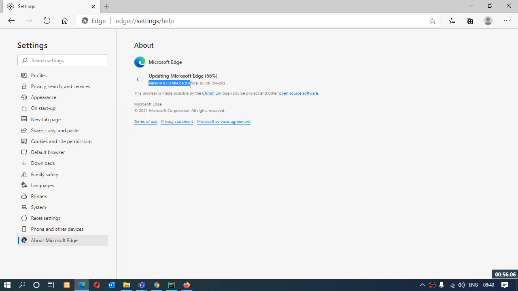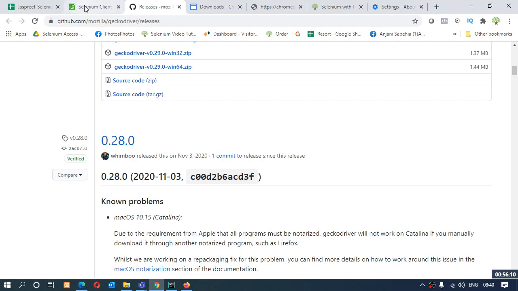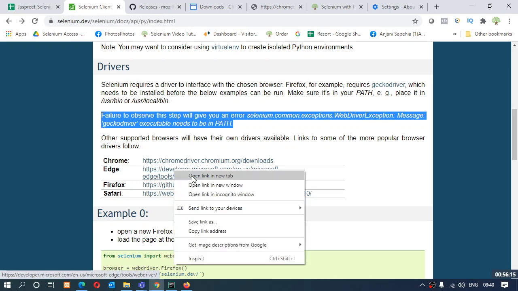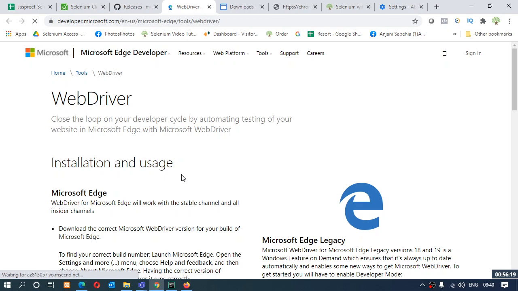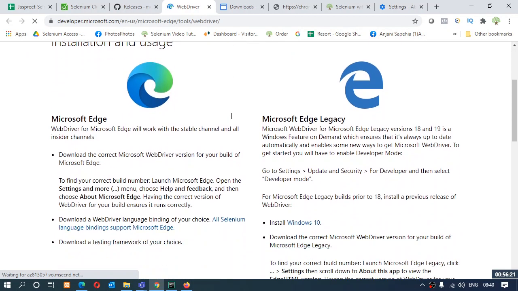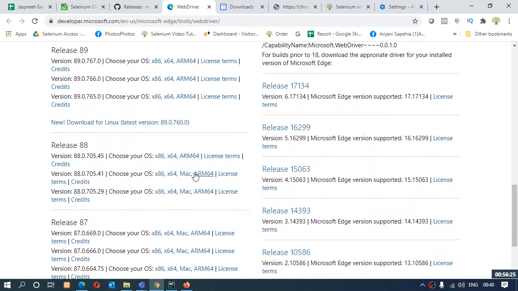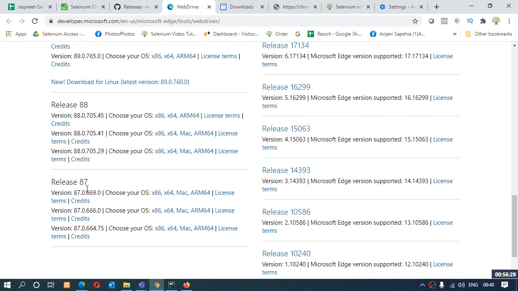So if I have to get the driver of Microsoft Edge, I'll again go back to the Selenium page, and here is the link for Edge browser. I'll get it opened, and here is the list of versions that are going to come up. Release 89, 88, 87. I had 87, right?